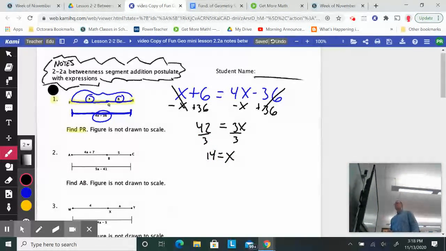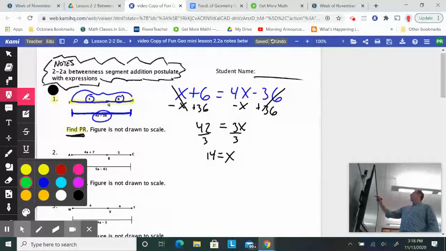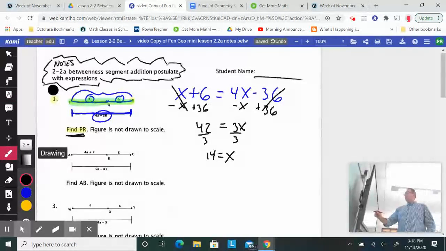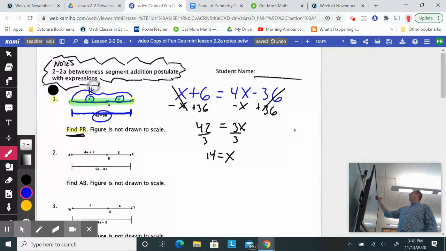and now just divide by 3, and I get 14 equals x. Now the question didn't ask me what x was, it asked me to find the distance from P to R. And from P to R, if you remember, was this distance here. In order to find that distance, I need x and add it to 6. So if x is 14, I'm going to put 14 right here, and I have 6 over here, and you put those together, you should get 20. So the distance of P to R,